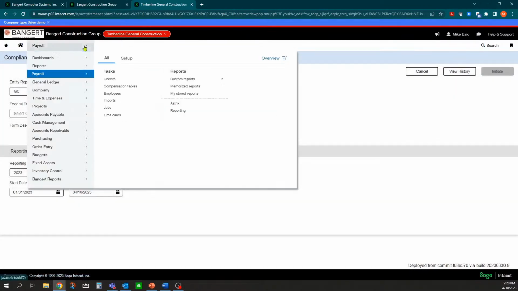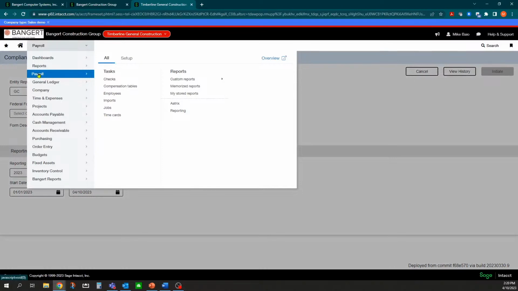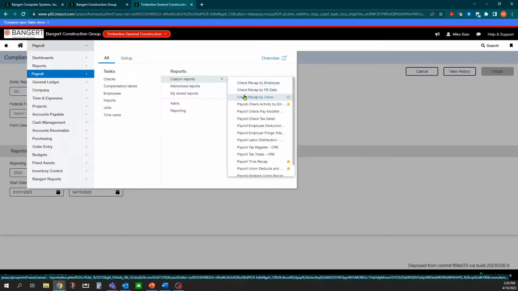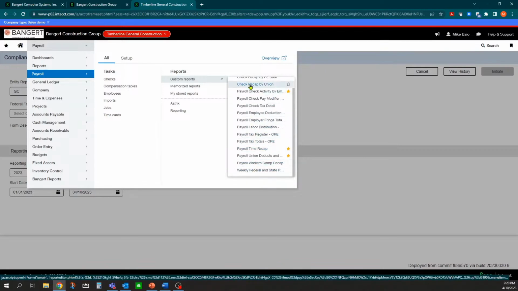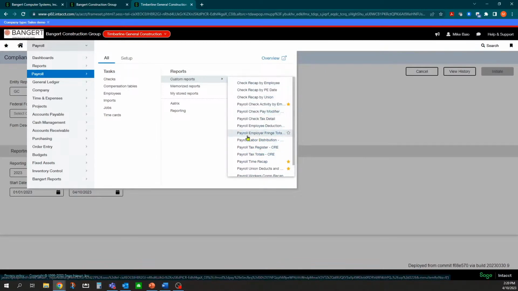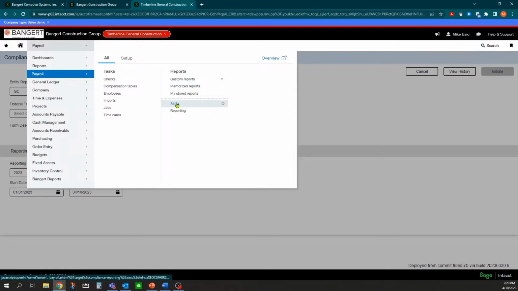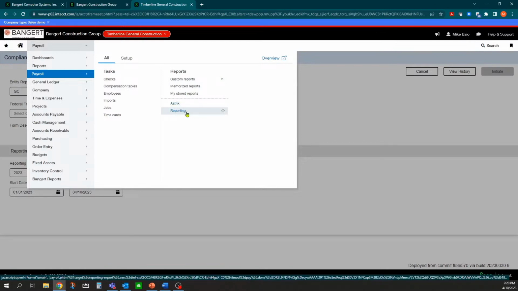The first being that just simply going into the actual payroll module in the system. So if I go into the payroll module, you'll notice under all, there's going to be a report menu where all of the payroll reports can be put on here on the menu, so you can just get them right from here. And you'll also notice that I can get to the Atrix and that Excel reporting right from here as well.